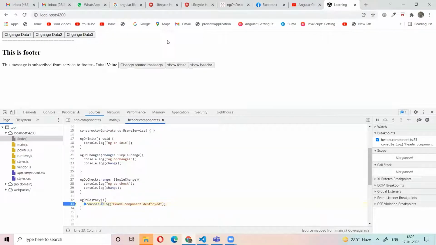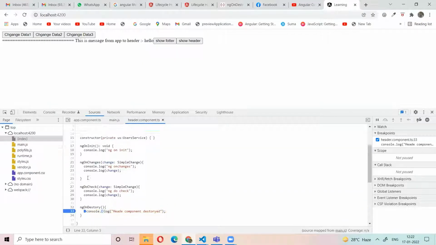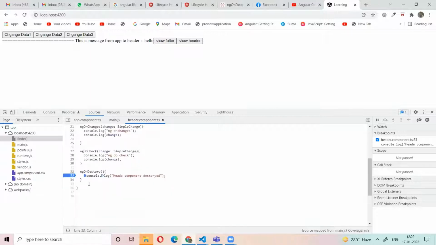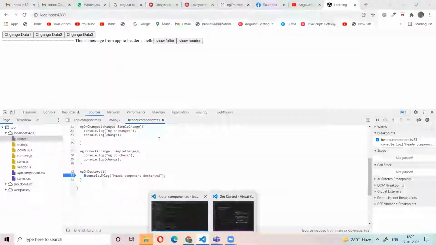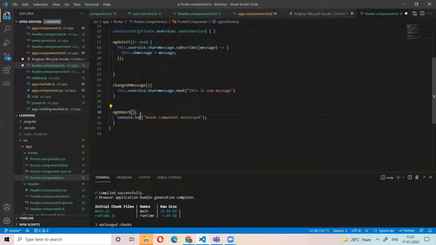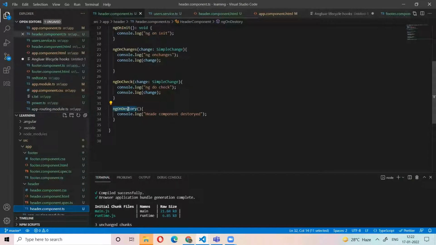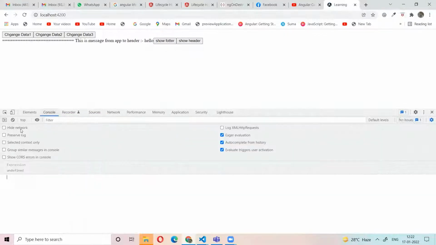If I click show footer or show header, it must be called, but I don't know why it's not calling. Is there any spelling mistake in destroy? It's ngOnDestroy, right? Now let's see. I think it will be called now. No. Click the show footer.